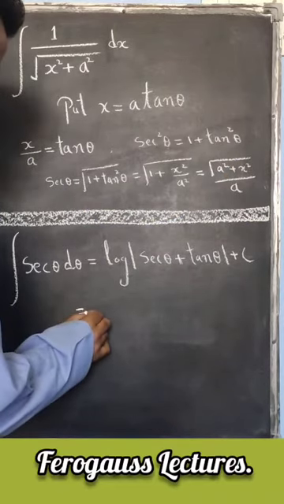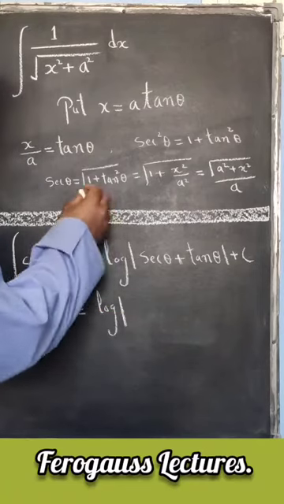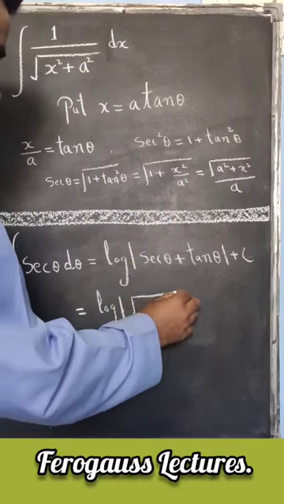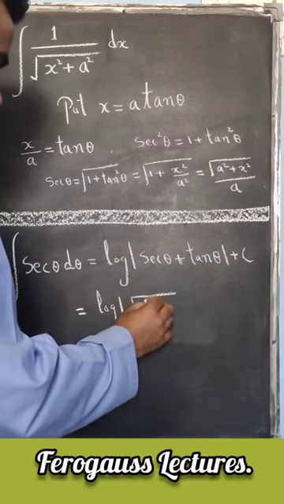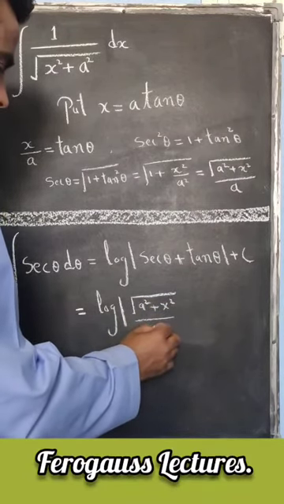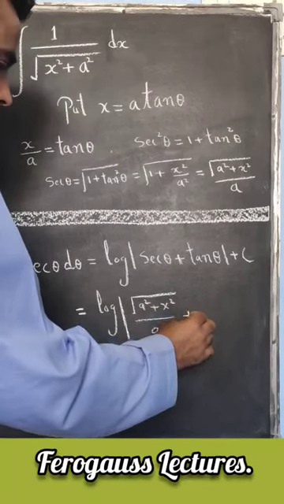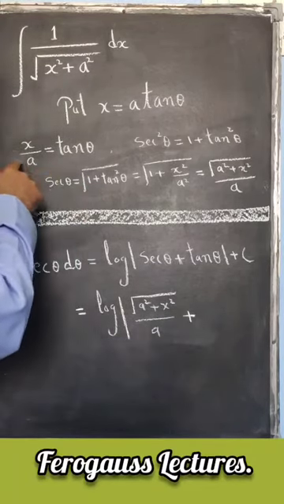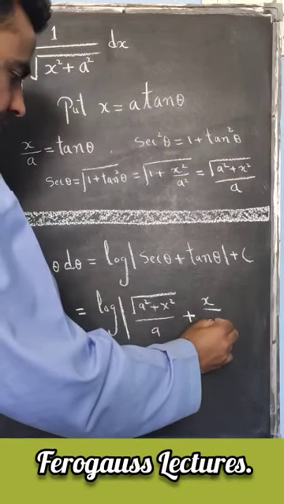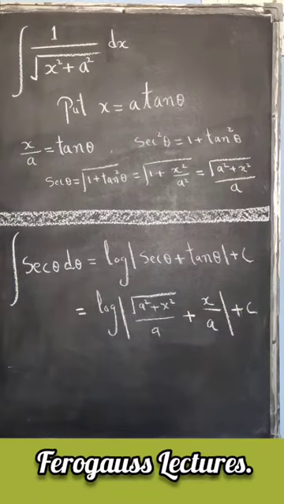Thus we get log of mod of, instead of secant theta you have root of a square plus x square divided by a, then plus, instead of tan theta we have x by a, so it is x by a plus constant of integration c,